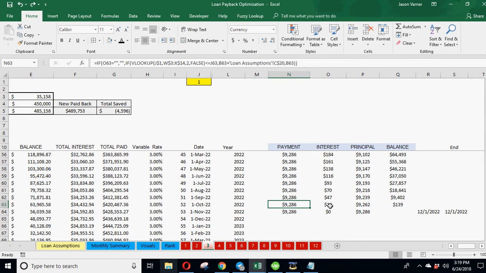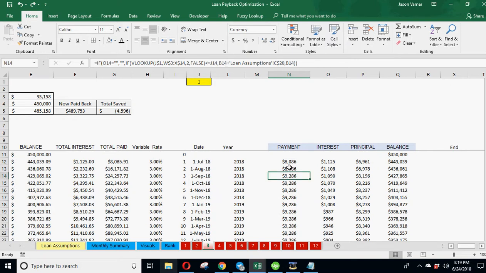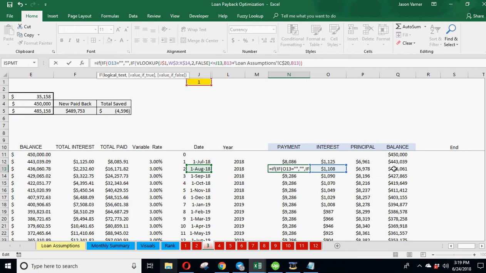Okay, so here's what we've got to do. We've got to add, oh man, I don't have time to finish this. So if the balance is less than the payment amount, then make the payment the balance. Otherwise, do that. If this is less than this plus that, then do that. Otherwise,